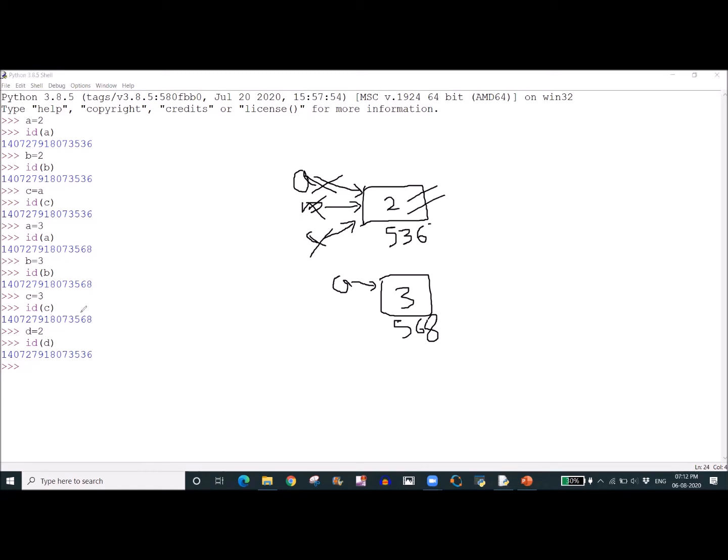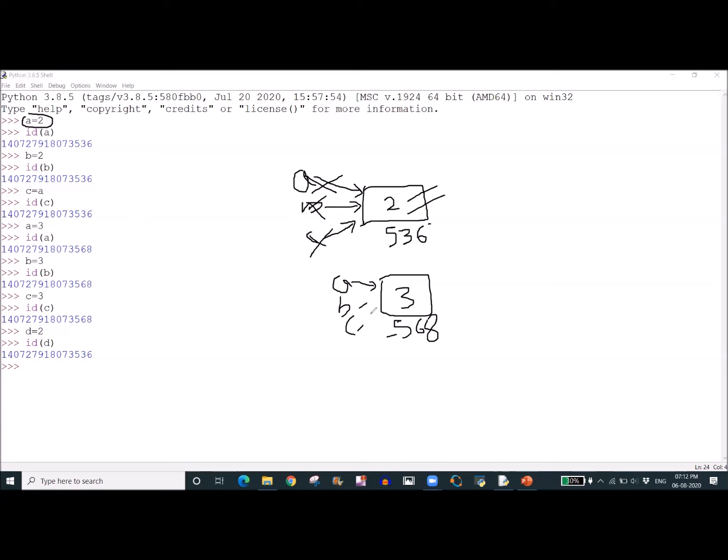This is the clear indication. We started by assigning integer variable a with 2, and after that we changed the value of a to 3. So the addresses of a, b and c changed to 568. Now no variable is tagged to the address of 2.